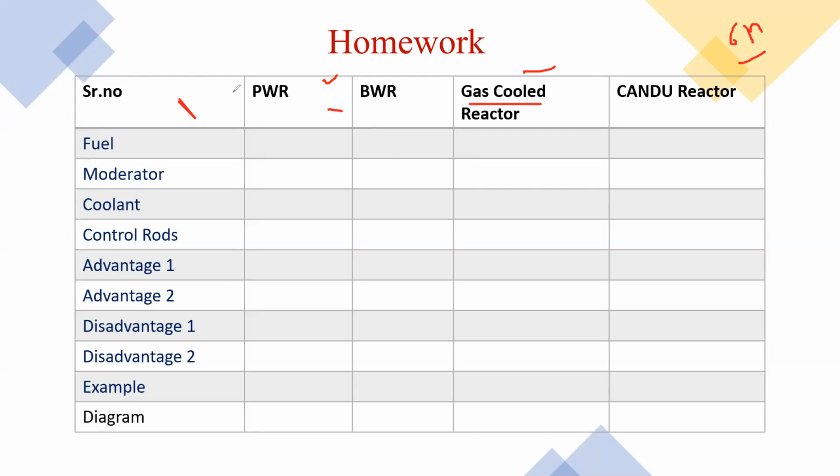Both power plants are base load power plants. Your thermal power plant is also a base load power plant, and your nuclear power plant is also a base load power plant. Why is it a base load power plant? Because it continuously gives electrical energy up to 8 to 9 hours. With respect to a peak load power plant or diesel power plant, it can't give continuous energy. That's why these two plants are base load power plants.